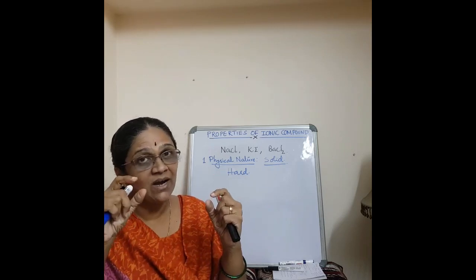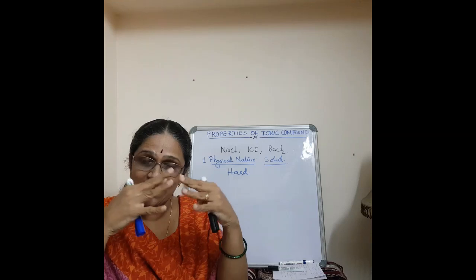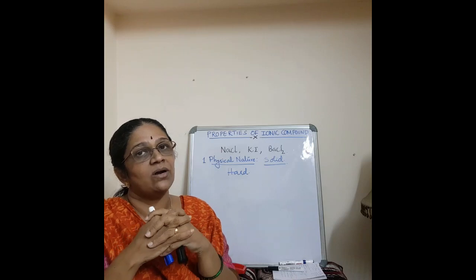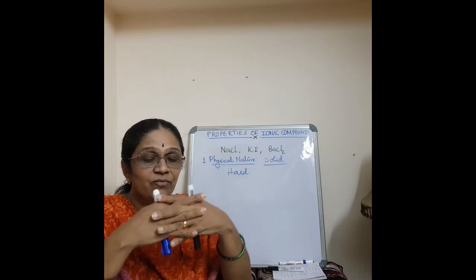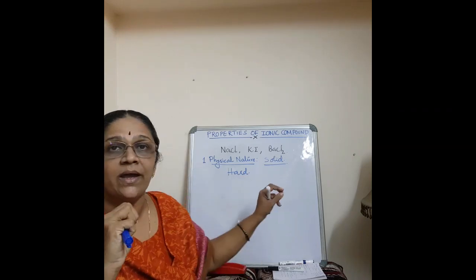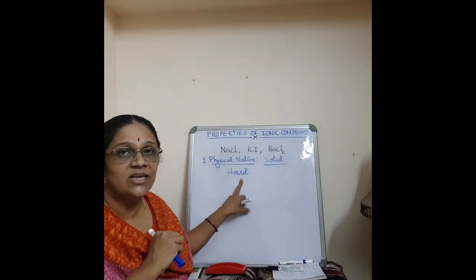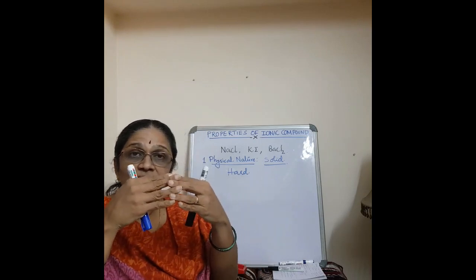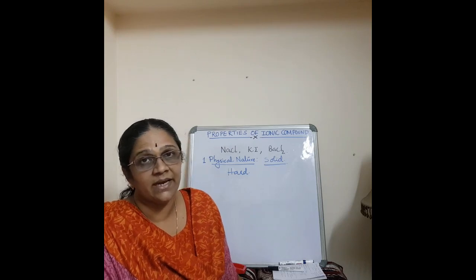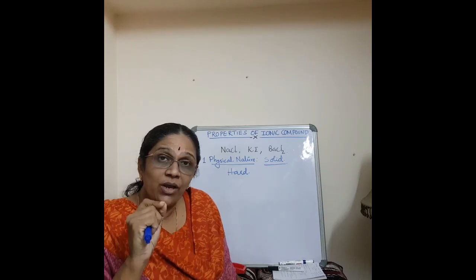That is, a positive ion is attracted to a negative ion, and thus a chemical bond is formed, a very strong attraction, and that type of attraction is called an ionic bond or an electrovalent bond. The force of attraction between a positive ion and a negative ion is so strong. That is one of the reasons we say that ionic compounds are hard in nature, because there exists a strong force of attraction between these two ions, the cation and the anion. Correct?